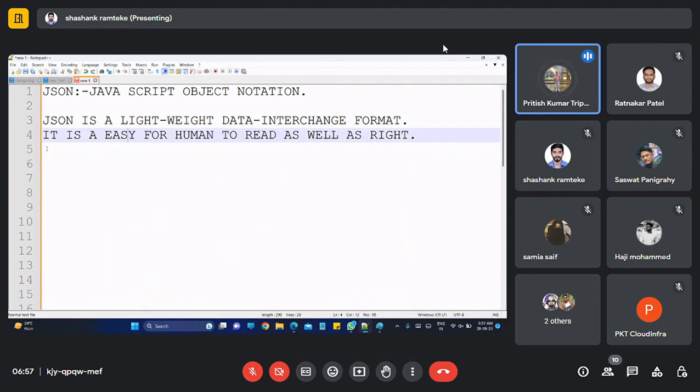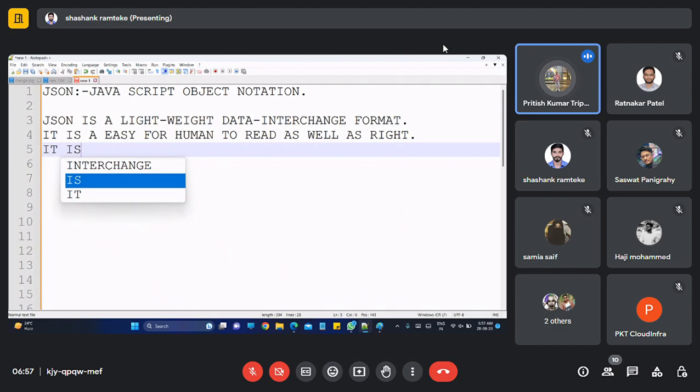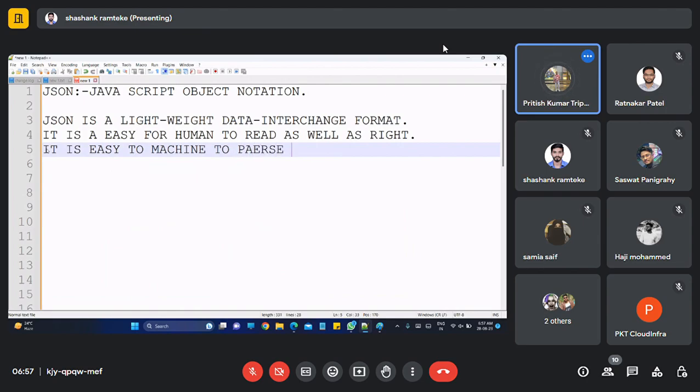Cool. Now the next point: it is easy for machines to parse and generate.